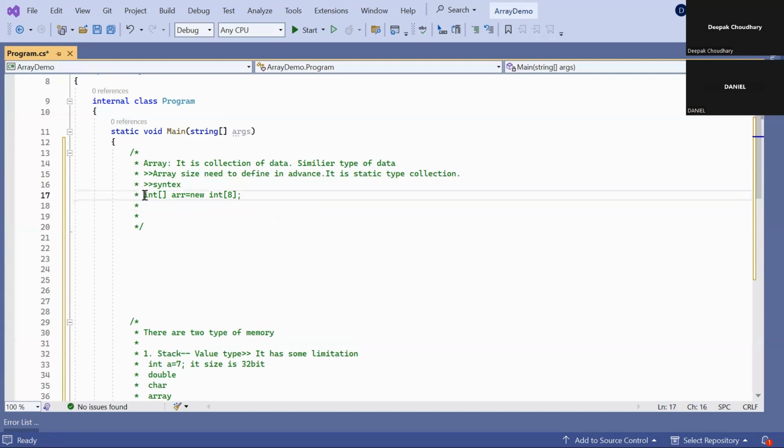So this is a way of declaring an array with size. There is also another way to declare an array. Suppose AR1, and here we don't want to define the size. We directly assign some values into that array. Simply, we define the array name, and then start curly braces, and here we can put the values of our array elements, whatever you want.